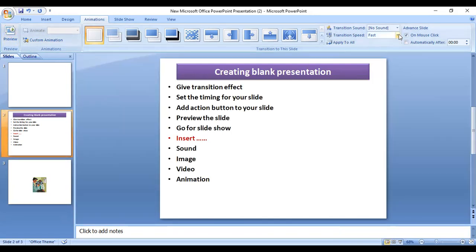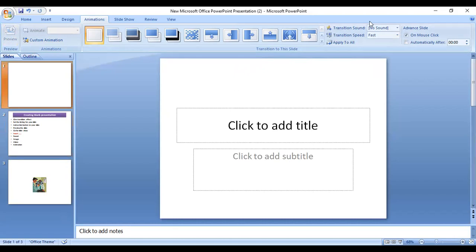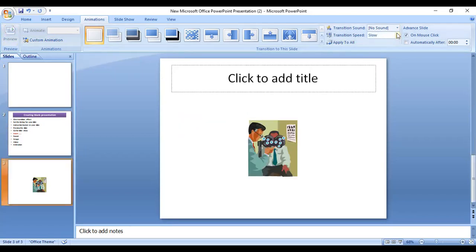Now if you change the speed, in preview you can see that is the transition of slide.